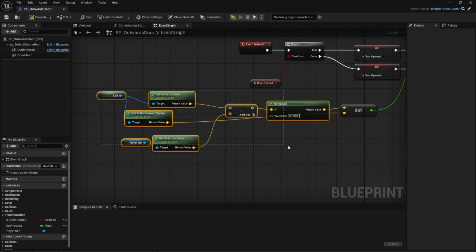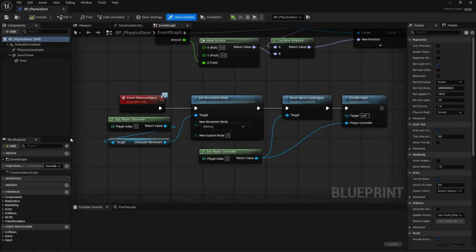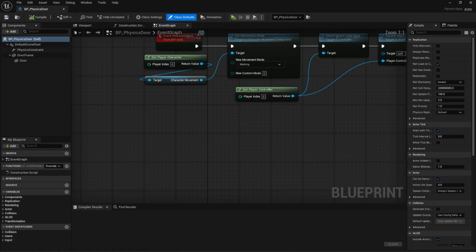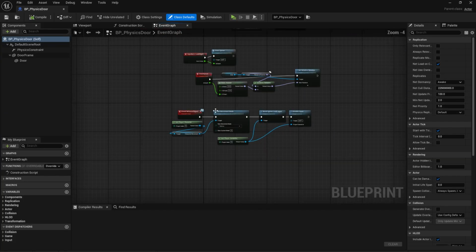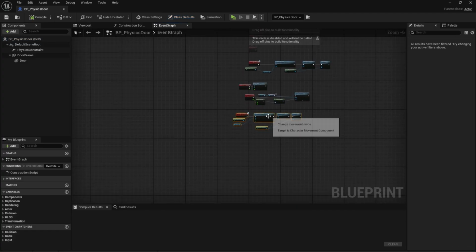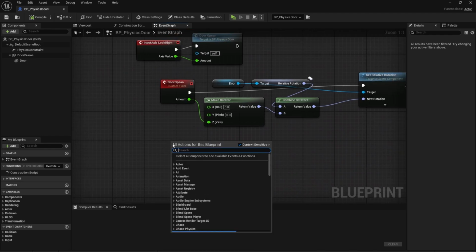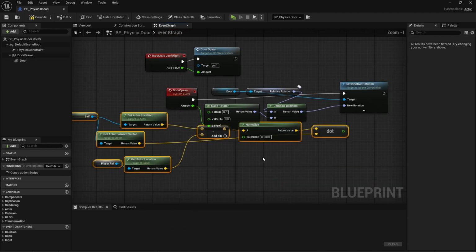So I am select this and copy using Control and C, and I am close this and go back to BP physics doors, and I go to door open, so I am move this to here and I paste it here,